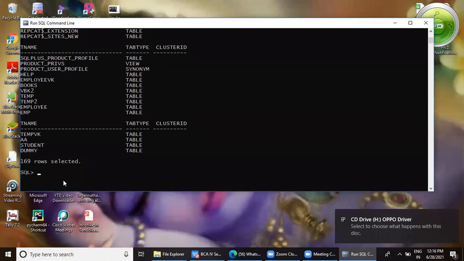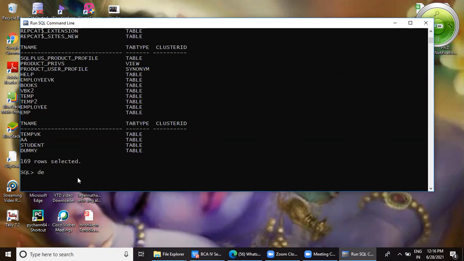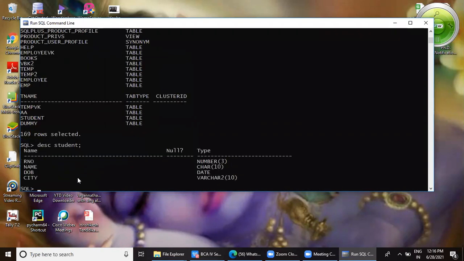In this student table, we have also added records. How we created the student table and how we added records, I have already given you the commands. To see the structure of the table, the command is describe.